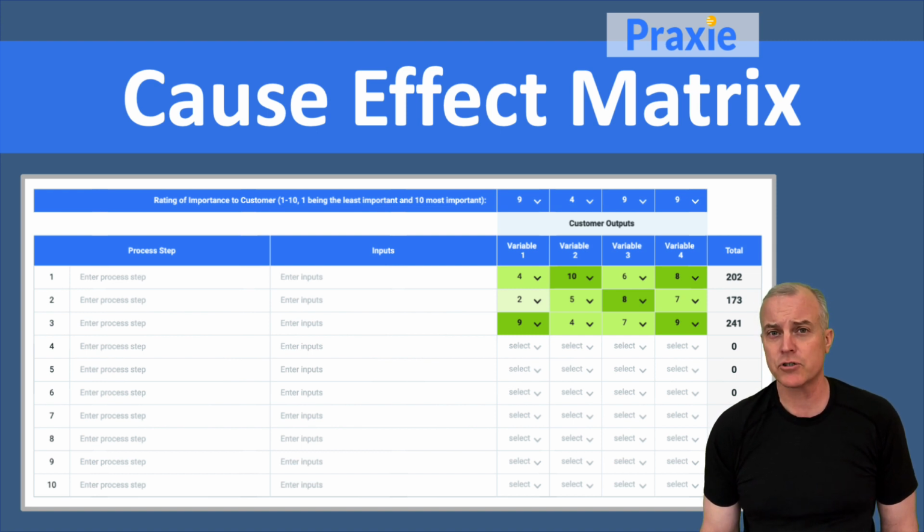If you can score the effects from a customer lens, what you're able to do is understand which of those outputs are most important to your customer. Then you can trace back the inputs that you're using to get to those. That will all help you score and prioritize your cause and effect matrix and understand where you want to put